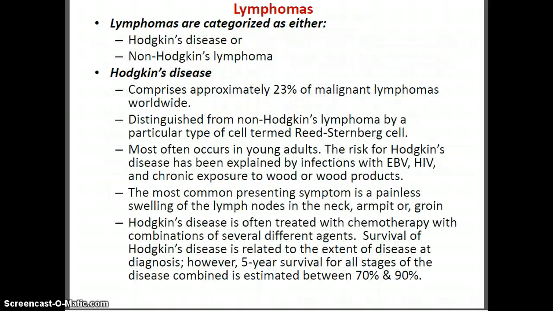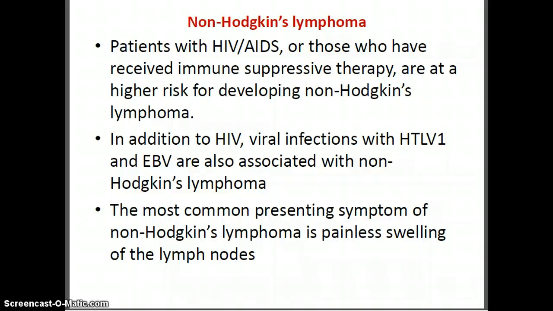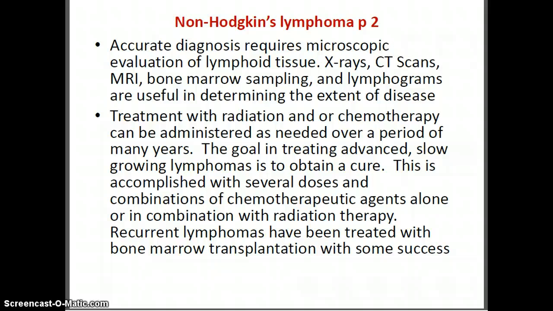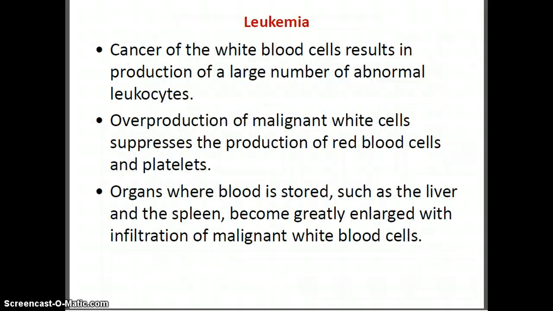Okay, lymphomas, Hodgkin's disease or non-Hodgkin's lymphoma. This tells you a little bit about the differences between Hodgkin's disease and non-Hodgkin's lymphoma. Lymphomas, of course, are cancers of the lymph tissue. And this tells you some of the risk factors. If you have swelling of the lymph nodes, it could indicate a number of anomalies. Again, make sure you and or your patients have this checked out. All right, here's more of how to diagnose.